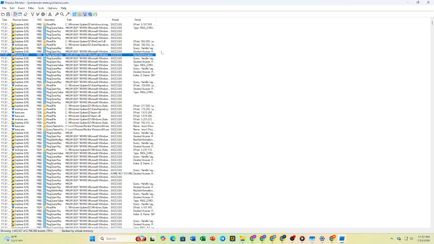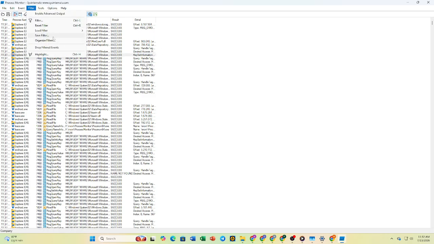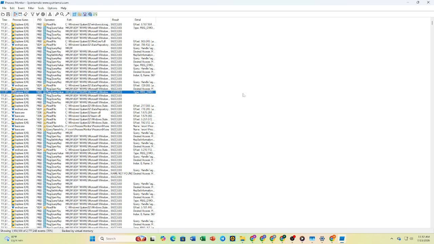If you want to remove or change your filters later, simply return to the Filter menu, edit the existing rules, or reset them to display all captured events again, and that's it. You now know how to filter events in Process Monitor and make it much easier to analyze Windows and application